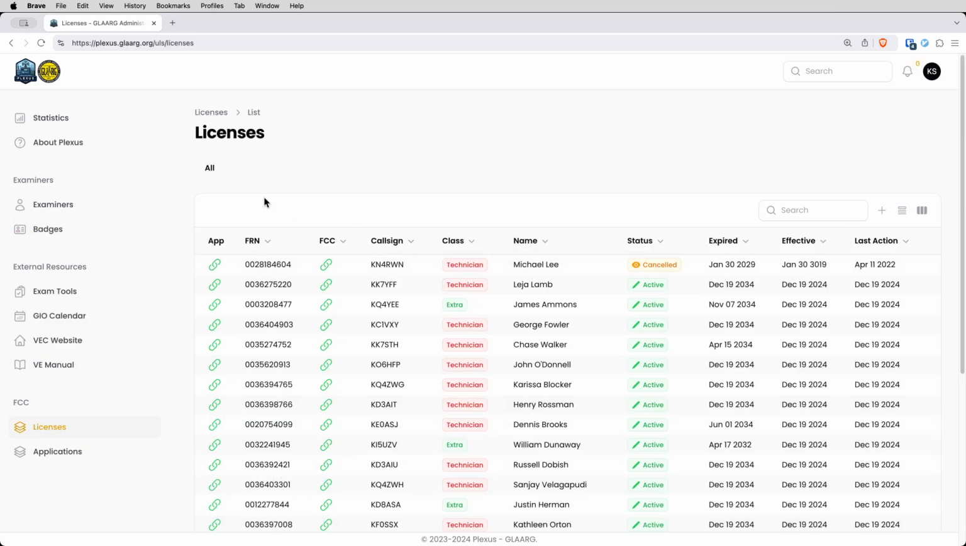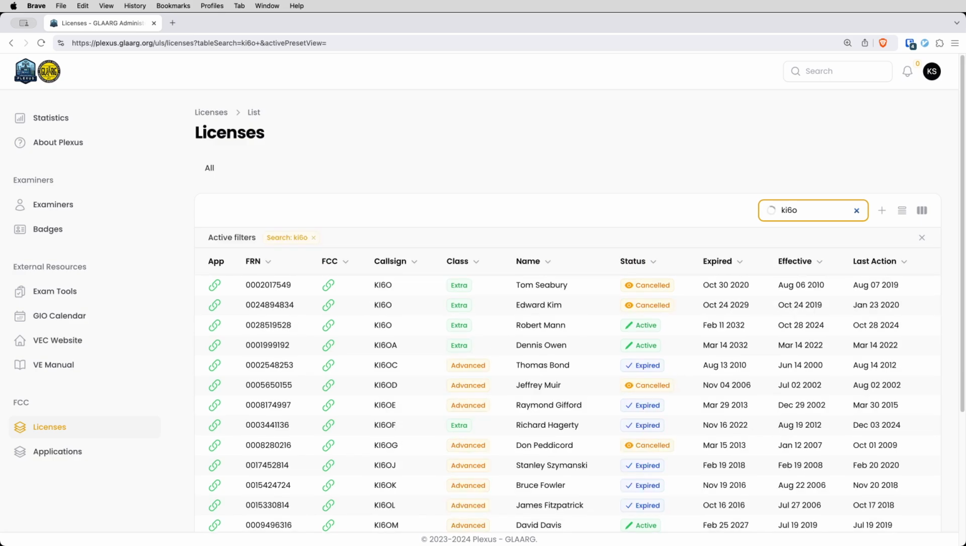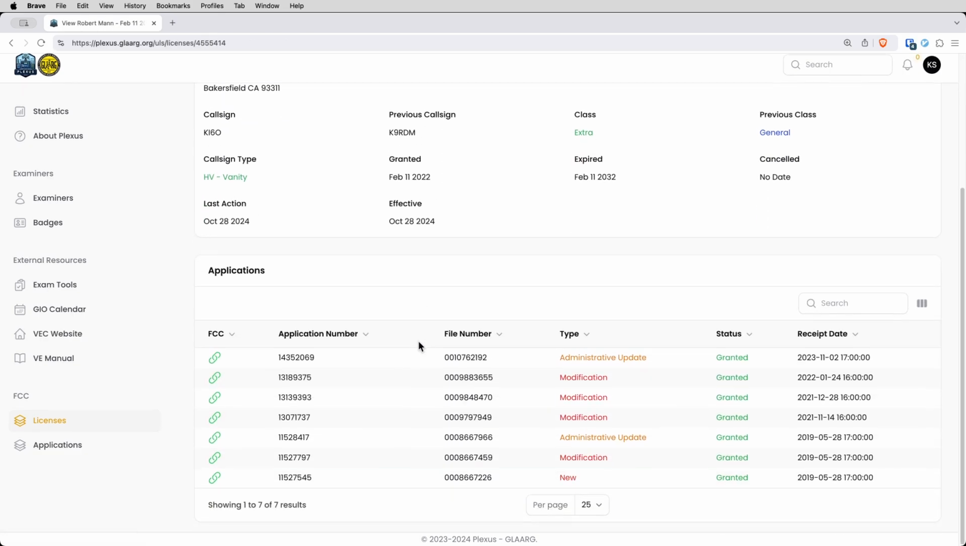Down here under FCC, these two links basically scrape data from ULS, so all this is publicly available data that you can look through and look up licenses and applications on Plexus, again pulling data from ULS. So you can type in a call sign or a FRN or any other details in the search box and click on an applicant and see